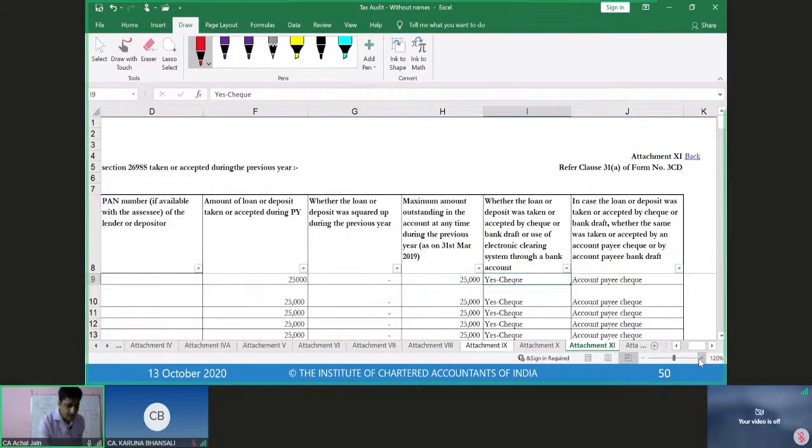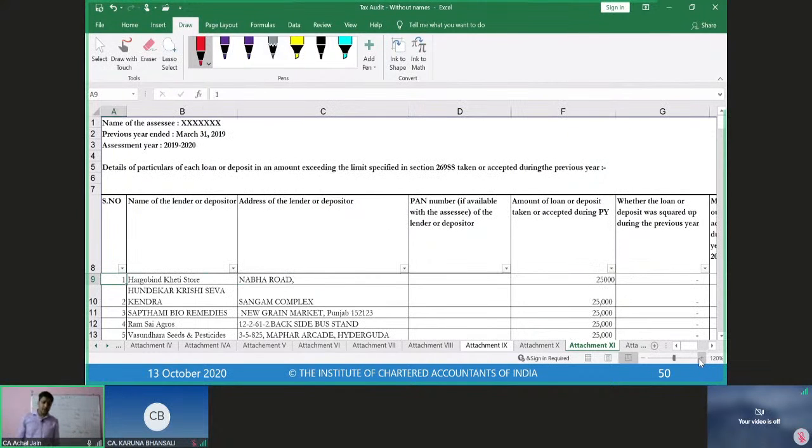Now, in respect of this disclosure, let's understand the audit procedures which are required to be performed, as to what are going to be the audit procedures. Just give me 1 minute. Now, audit procedures, I'm sure by looking at all of these details, most of the audit procedures would have already come to your mind. You would have already thought as to what can be the audit procedures around it.